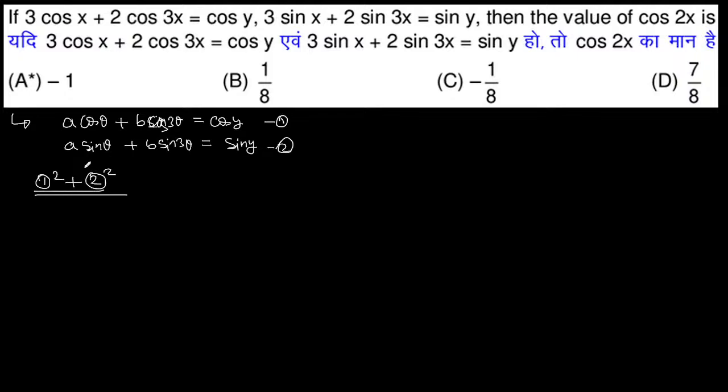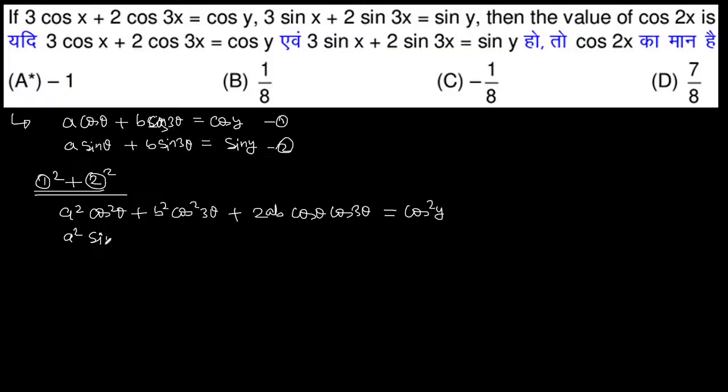तो सारे स्टूडेंट हमें बताते जाएं कि क्या प्रॉब्लम आ रहा है। स्क्वायरिंग में ये सिंपली ए स्क्वायर कॉस स्क्वायर थीटा प्लस बी स्क्वायर कॉस स्क्वायर 3 थीटा प्लस 2ab कॉस थीटा कॉस 3 थीटा इक्वल टू कॉस स्क्वायर वाई, ए स्क्वायर साइन स्क्वायर थीटा प्लस बी स्क्वायर साइन स्क्वायर 3 थीटा प्लस 2ab साइन थीटा साइन 3 थीटा इक्वल टू साइन स्क्वायर वाई।